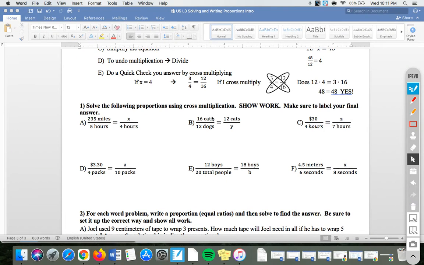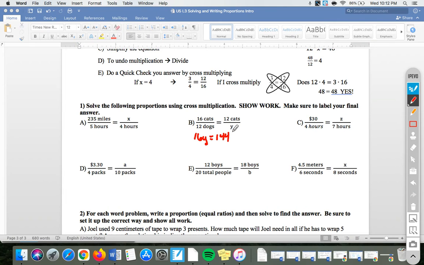you could do a number of different ways. I can say, what am I multiplying 16 by to get 12, or 12 to get 16? But if I just look diagonal here, 16 cats is diagonal to Y. So 16 multiplied by Y is 16Y. 12 dogs multiplied by 12 cats. So we're multiplying diagonal, so cross products. Product means the answer to a multiplication problem. So 12 times 12 is